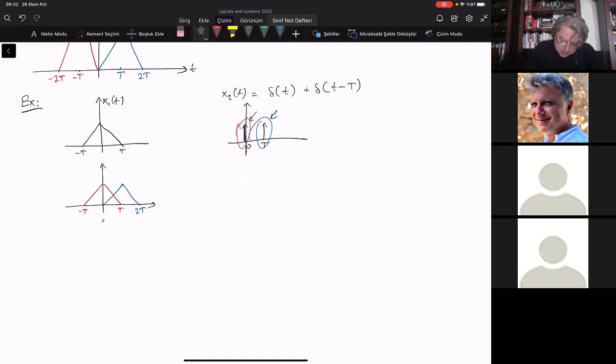And the summation of these will give you an interesting shape. This part will be exactly like this. And in between, from 0 to capital T, the blue line is a straight going up line, and the red line is going straight down with the same peaks. So it will start from this peak and it will end at this peak. And in between, it will be a straight line, which means it stays flat